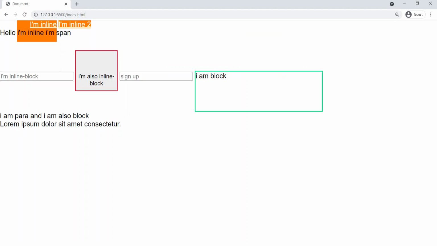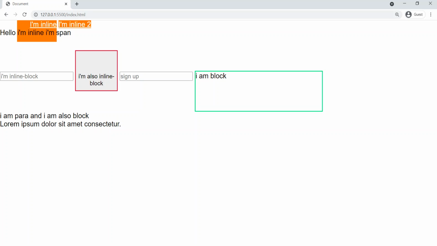So you can see guys, now that span element became a block element, and that is why it has taken a separate line and full width. This entire width is now taken by this block element. Okay, so that means now this is a block element. It means we can give padding, width and height, right?